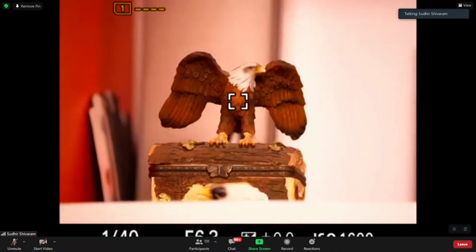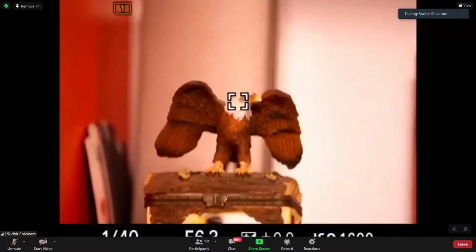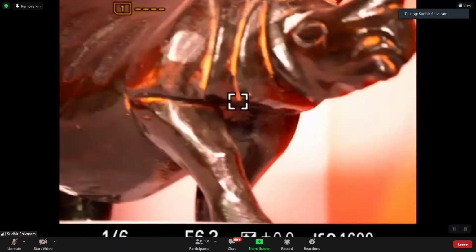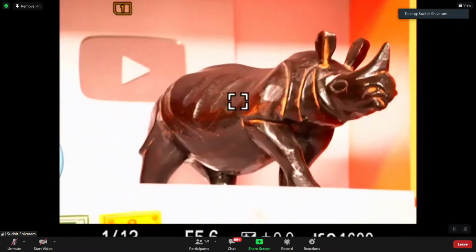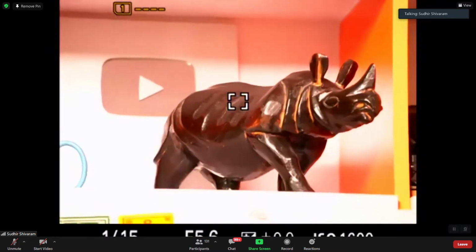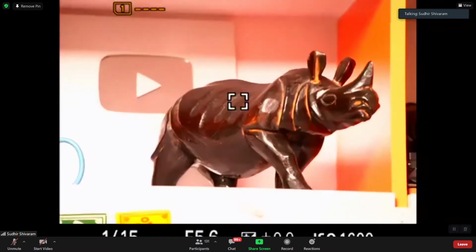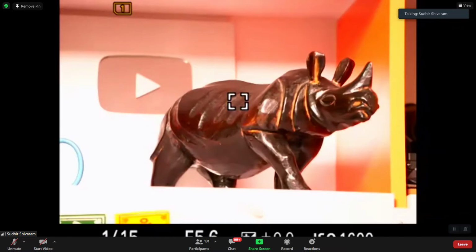So again, let me shift it and just help you understand the concept of exposure compensation at a very high level. So let me just zoom out a little. So this is a rhino, and down there, you see that is a white portion of the frame. Now exposure compensation is 0. So the whole concept of metering, I use the matrix or evaluative or segment metering of Sony. So here the camera just makes everything a medium tone.